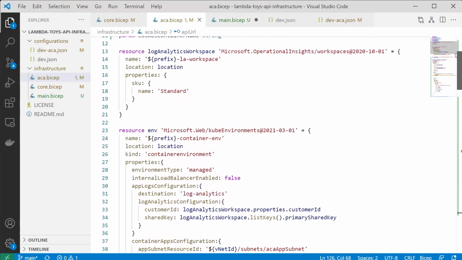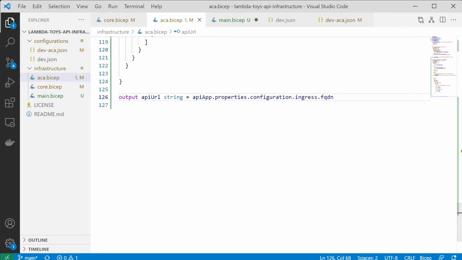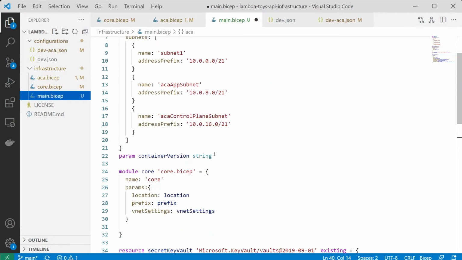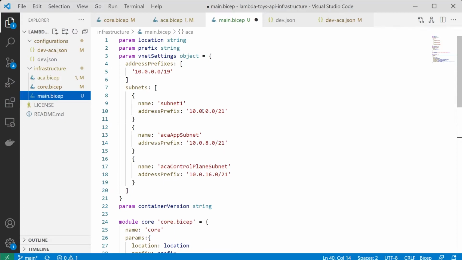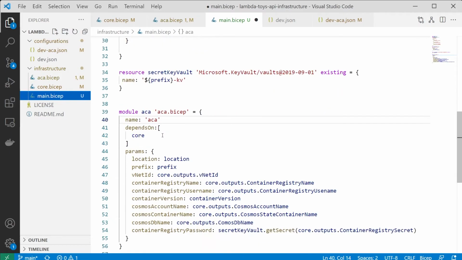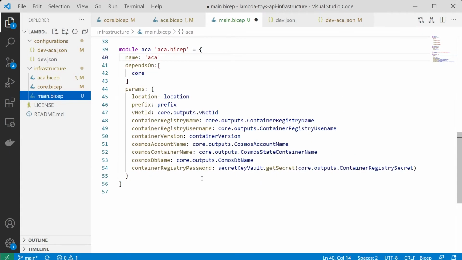I don't think there's anything else that will be useful at the moment. Obviously, we can add in more outputs later. You can add them as you go. That's not a problem. Okay, so we've got our main template here. This is what's going to get called when we deploy it, and it will then run the core piece, grab the key vault, then it will run the ACA piece to run the ACA deployment,